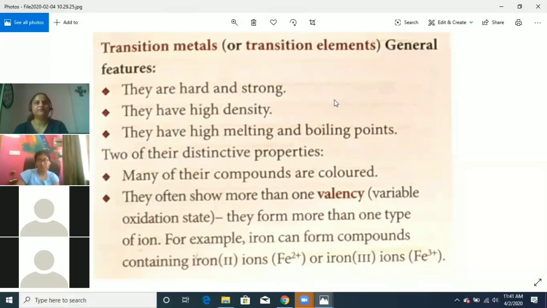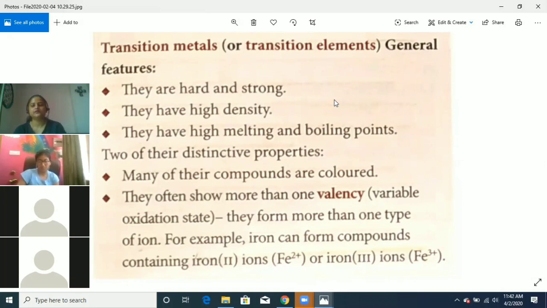So copper belongs to the transition elements. Iron belongs to the transition metal group. So they have colored compounds that we have seen. Nickel also belongs to the transition element group. Nickel compounds have sea green color. Cobalt has purple reddish color. Manganese has light pink color. The compounds of manganese have light pink color, etc. You have just told me that FeSO4 and FeCl3 both contain Fe, but the colors of the compounds are different.